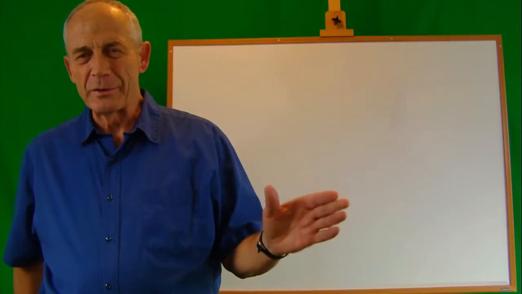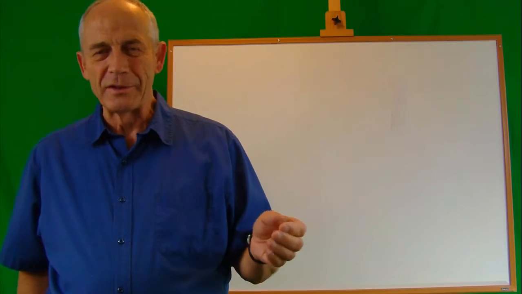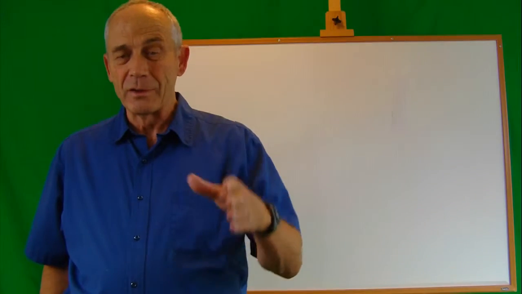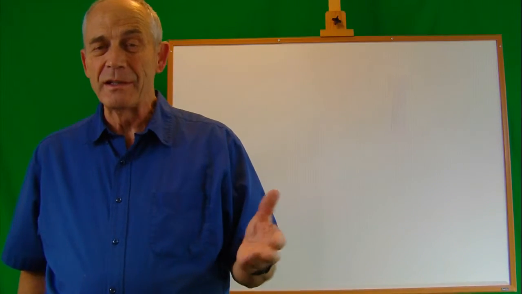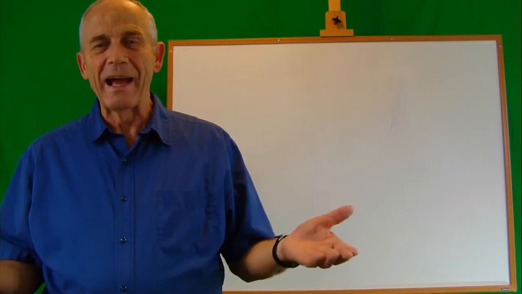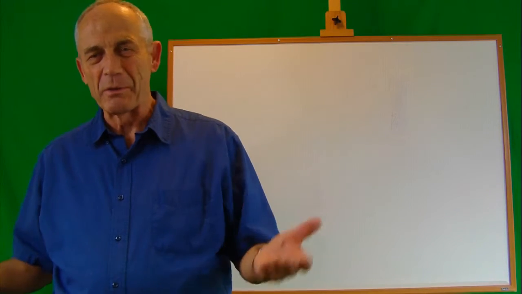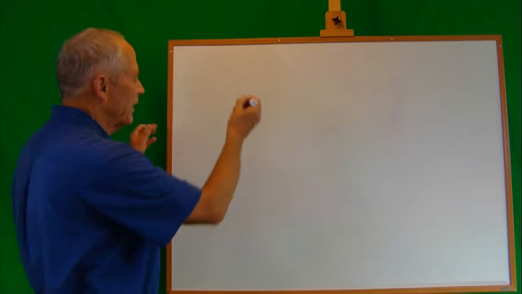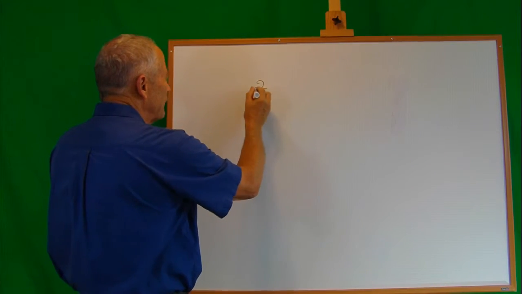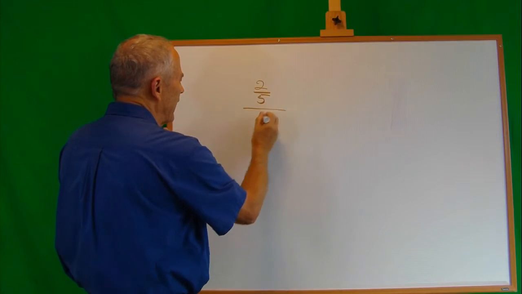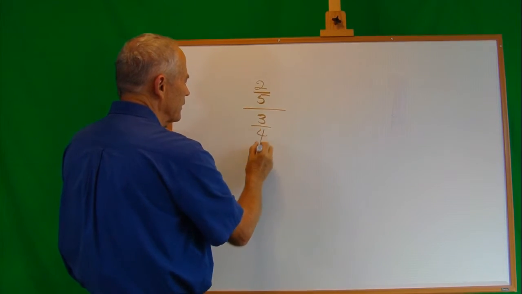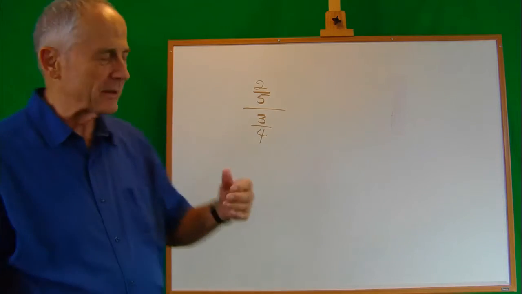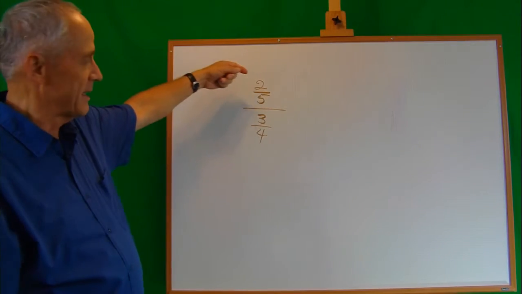Well, just so that you understand, a complex fraction is a fraction that basically has baby fractions, or in other words, fractions within a fraction. For example, if I have 2/5 divided by 3/4. Now that is a little bit more complex, and maybe one of the problems is that you